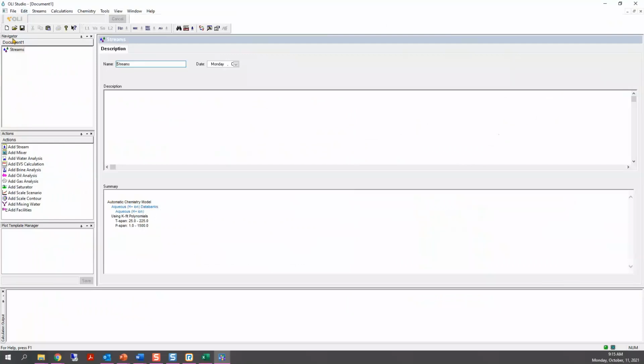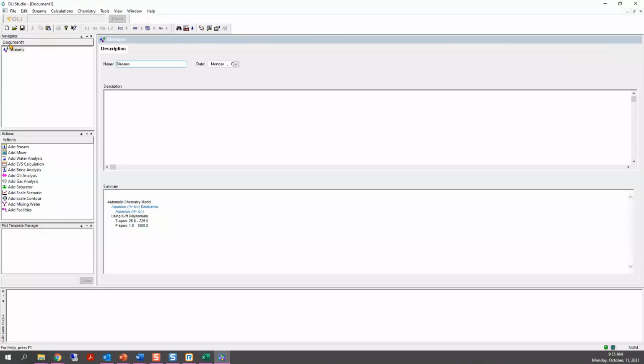You'll see that in the navigator panel is where all the documents of the simulation will be seen. So for example, this first document that we have open here, or by default has been open, is called document 1. And we can change this name. Let's say we want to name it ScaleChem Training Day 1.